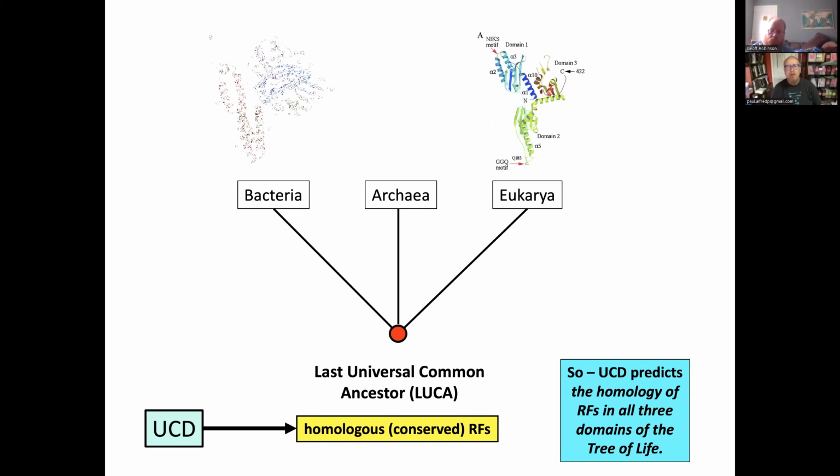In fact, they're not. So here we see release factor on the left in bacteria and release factor, the crystal structure, in eukarya. The only thing that's the same is the GGQ motif that does the actual hydrolysis function. You cannot superimpose these folds. And again, if you're curious about that, go to the Protein Data Bank, look them up, and just rotate them, right? These are definitely not the same proteins, even though they're doing the same job in the cell.